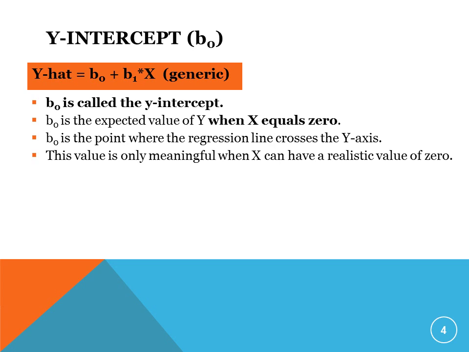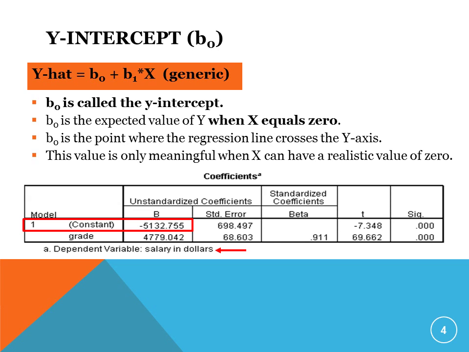So the B naught, which we also know as the y-intercept, is the expected value when x equals 0. In other words, this value b naught, or the y-intercept, is only meaningful when x can have a realistic value of 0. So for instance, if we were looking at the pay grade of a federal employee, and we're trying to use the pay grade to predict salary,